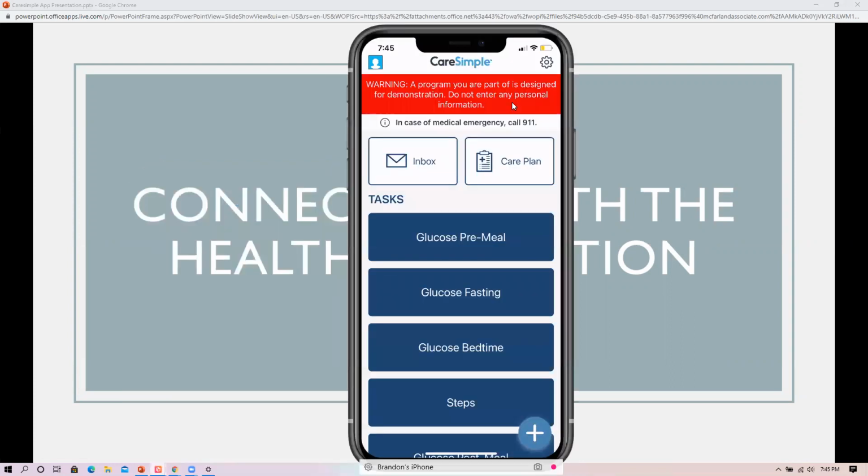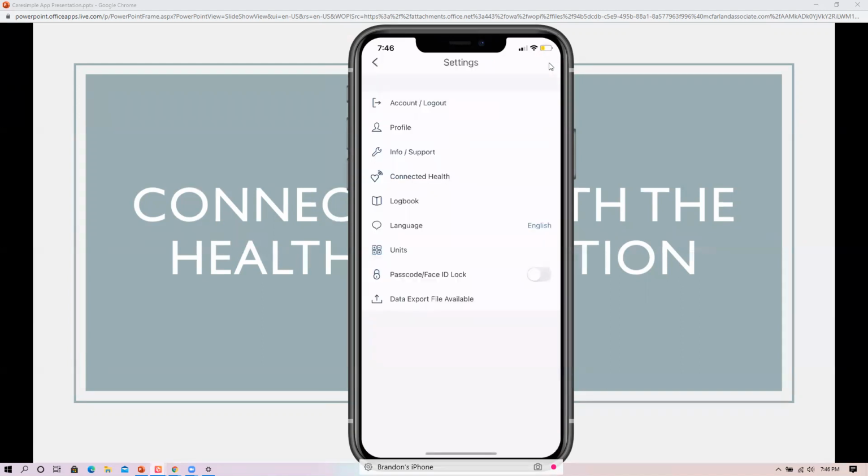One other beneficial part of the program is that this Caresimple app actually connects to your health app on your phone. This would be beneficial if, on your phone, it automatically records the steps that you take on the health app. And the Caresimple app can automatically receive a lot of this health data. So if you click the settings icon on the top right-hand corner, and if you click connected health,